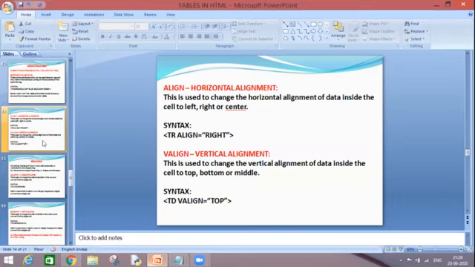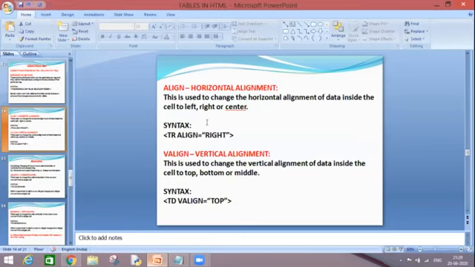How? Let's see. Horizontal alignment is used to change the horizontal alignment of data inside the cell to left, right, or center. And the syntax is TR tag align is equal to right. That means horizontal alignment can only be applied inside the TR tag.